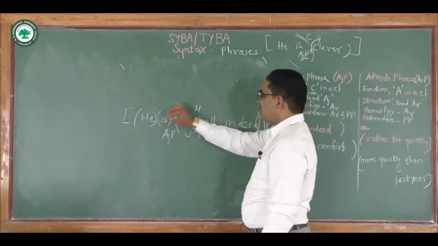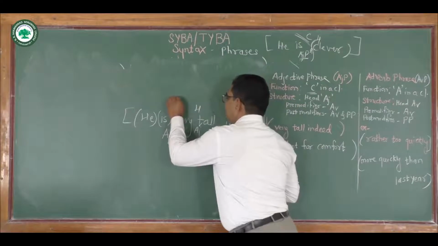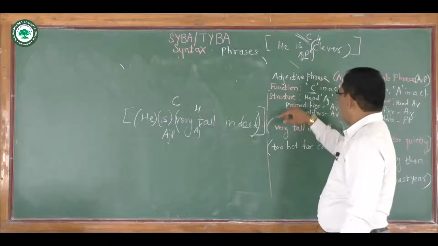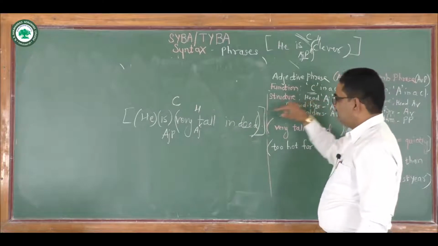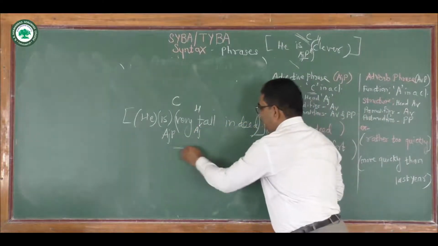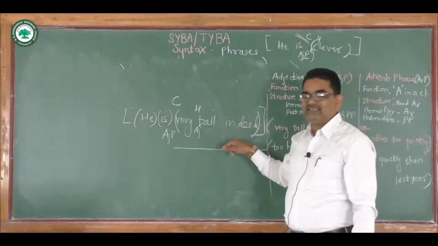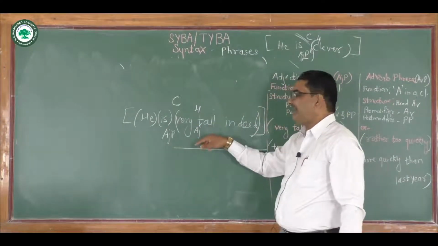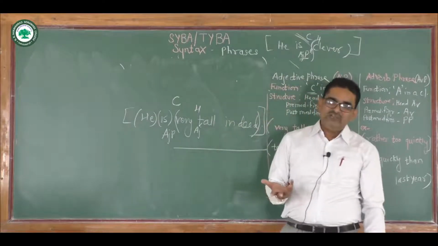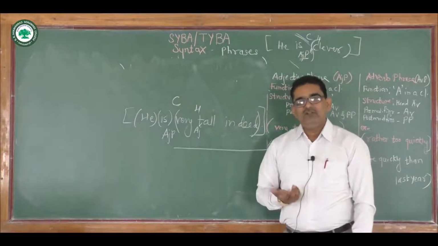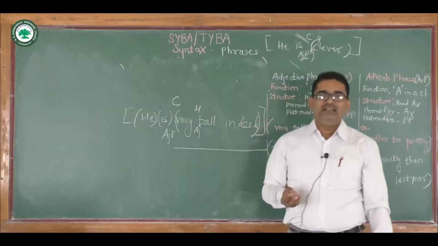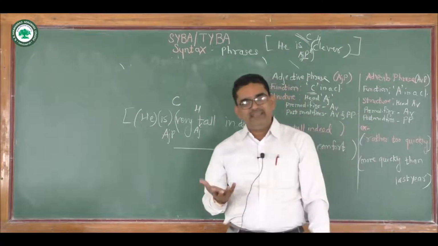In a clause it functions as a complement. As I have told you, the head of an adjective phrase is always an adjective. So what are adjectives? An adjective describes the qualities of